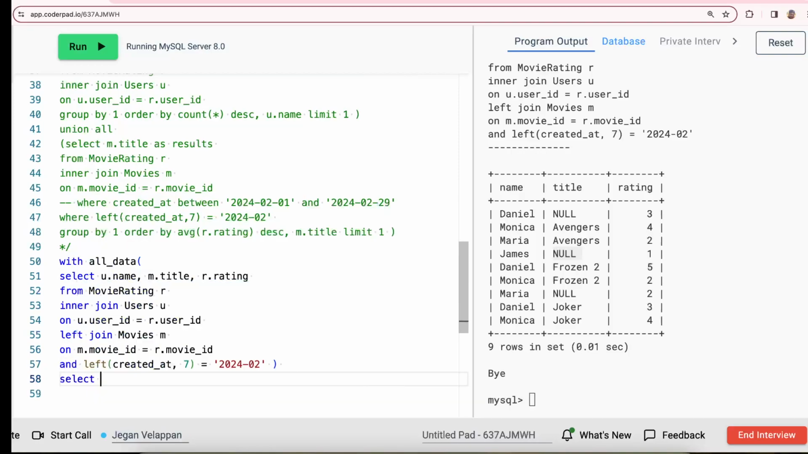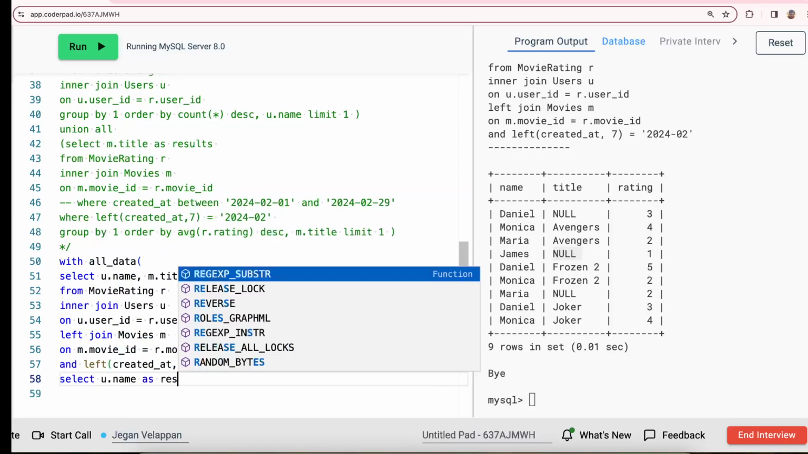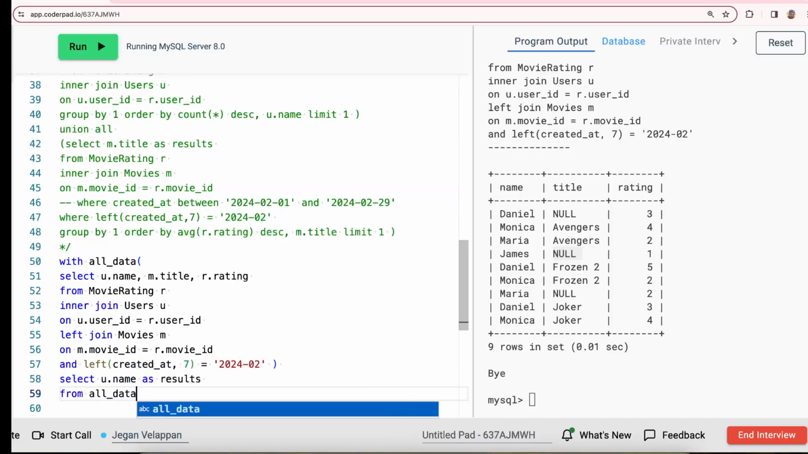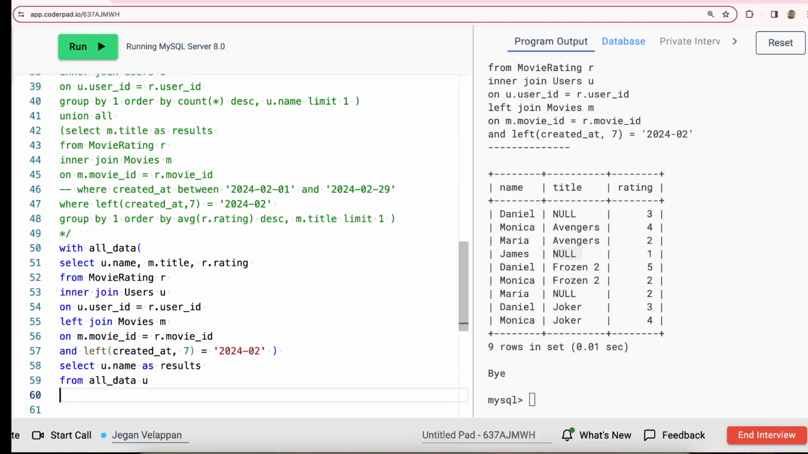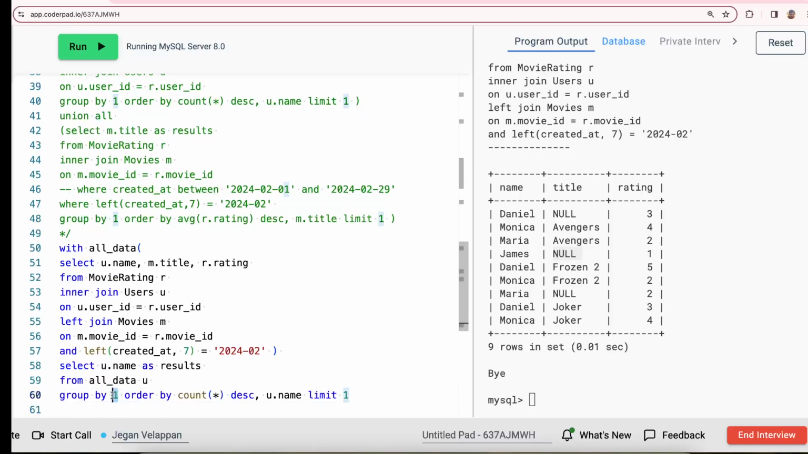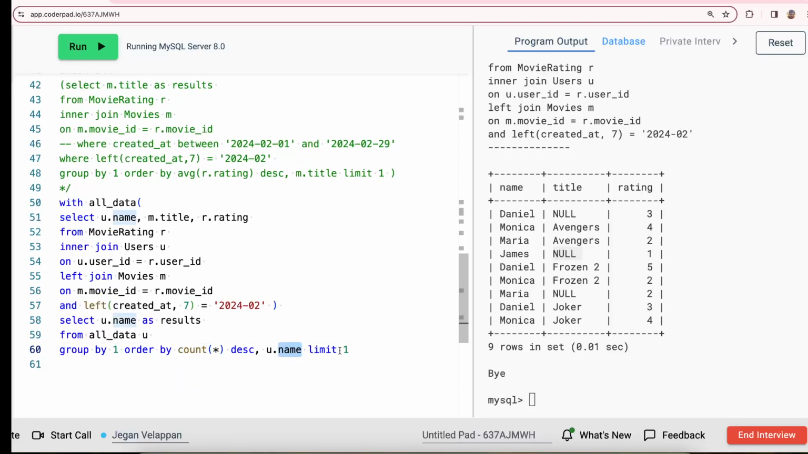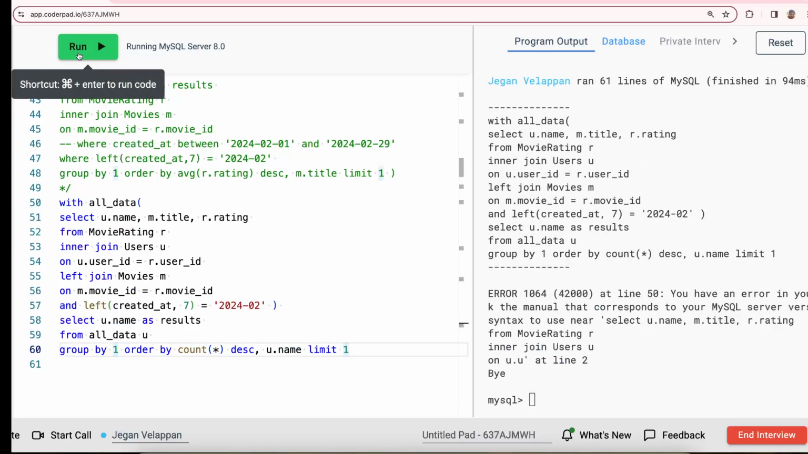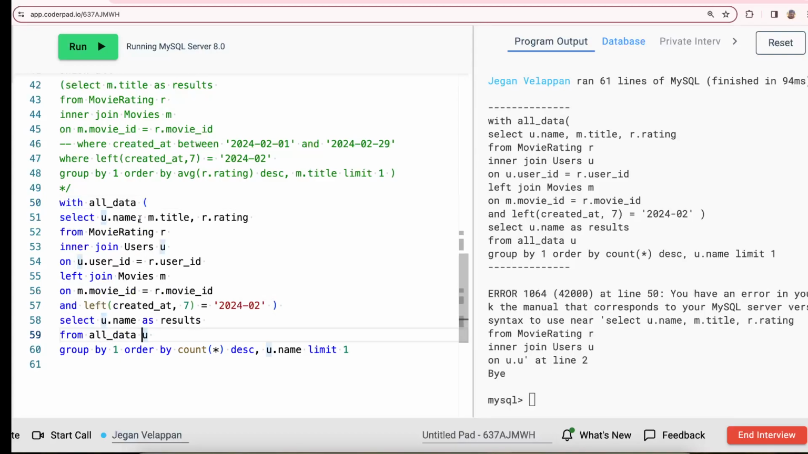First, I'm going to get the user information. I say select u dot name as results from all data, which is u, and then you can do the group by filter. So we do group by the user ID or username, order by count descending, and username limit 1. So this will give me the top user. All user from group by 1. So we have this all data, and we have u dot name as a result from this